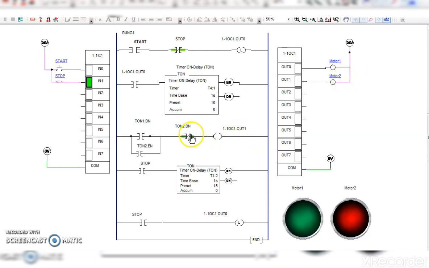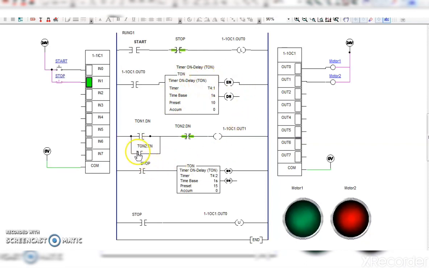Now this done bit is already closed, means it is normally closed switch. Okay, when this done bit will be energized, it will get closed, supply will be there and out 1 will be energized. Out 1 is nothing but motor 2. Okay, means motor 2 will be started after 10 seconds of this.